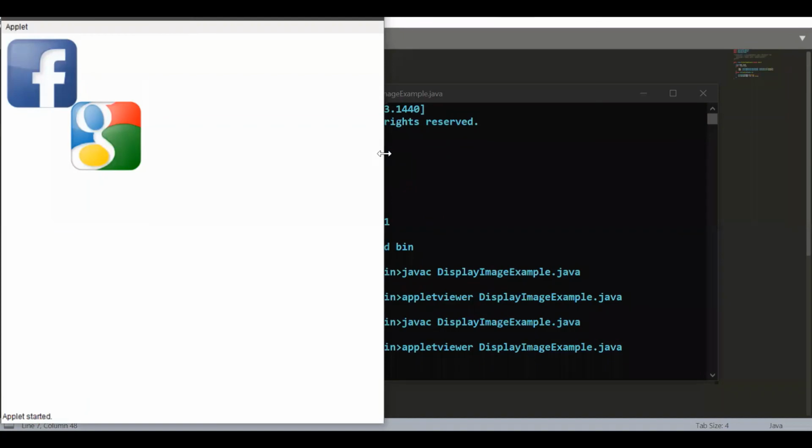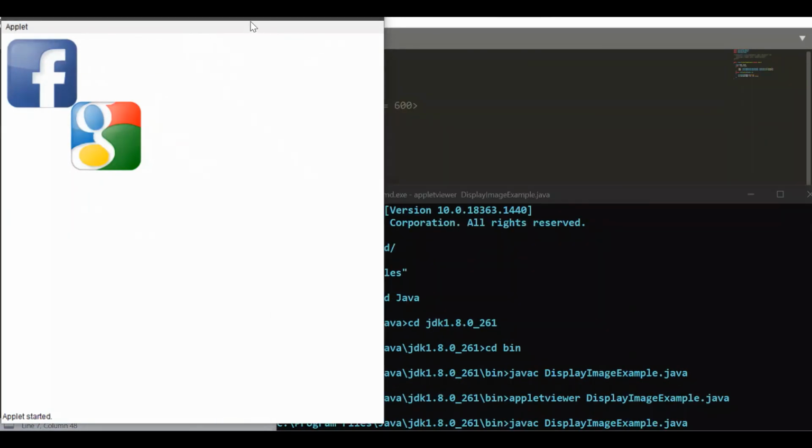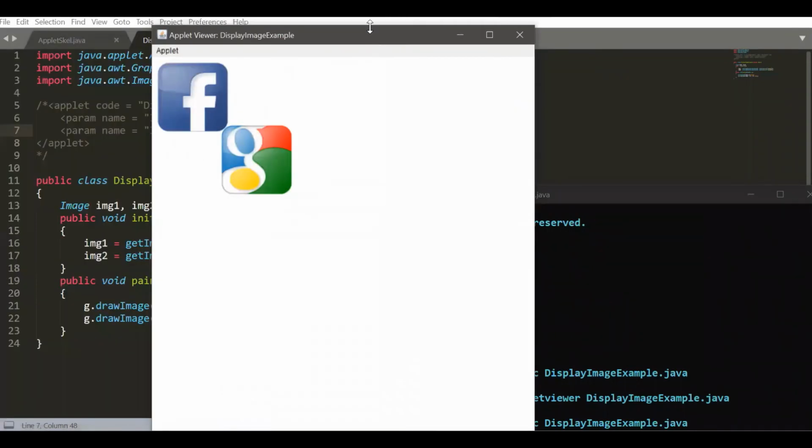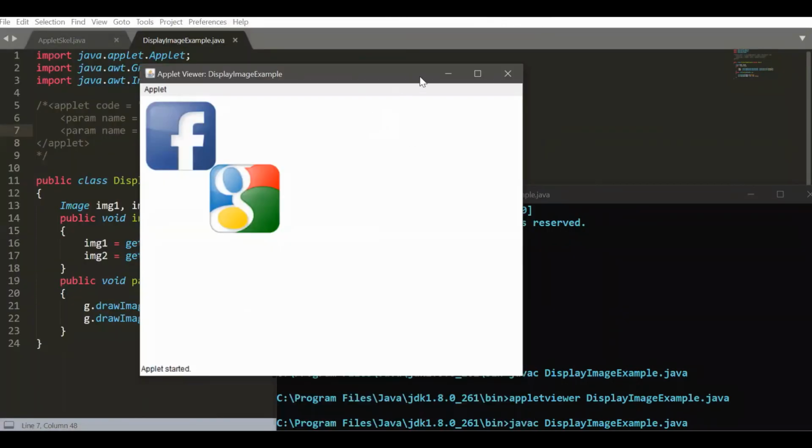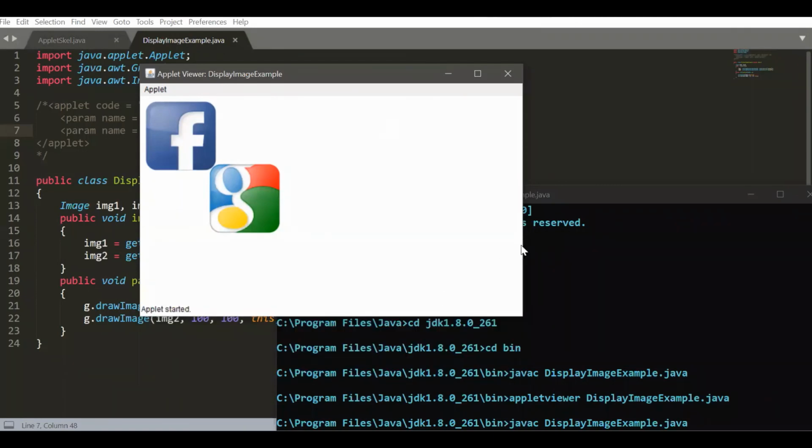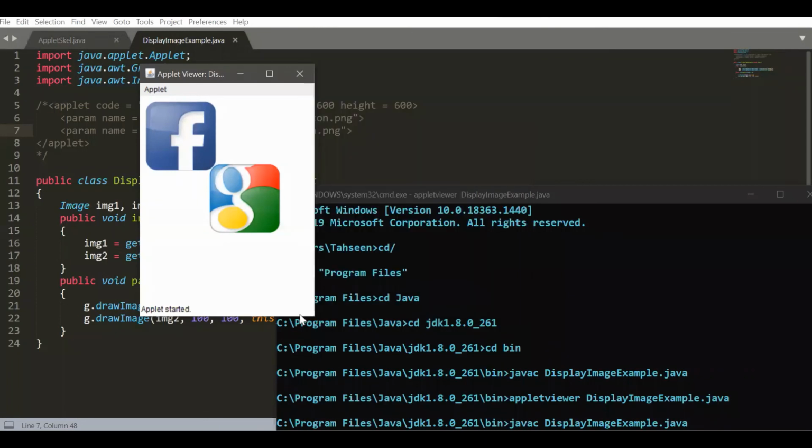Yeah, now we can see that these are the small icons in the specified 600 by 600 applet window. You can see there's a little flickering whenever we refresh this window or change its size, right? So this is how animation is shown each second, each millisecond. Your frame is being refreshed and the new part is displayed. This flickering must be avoided because it will not give a smooth execution, right?